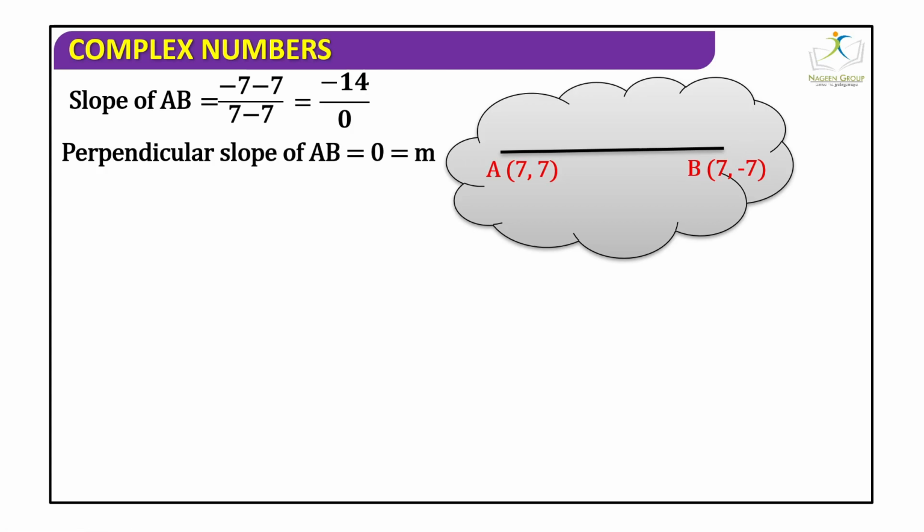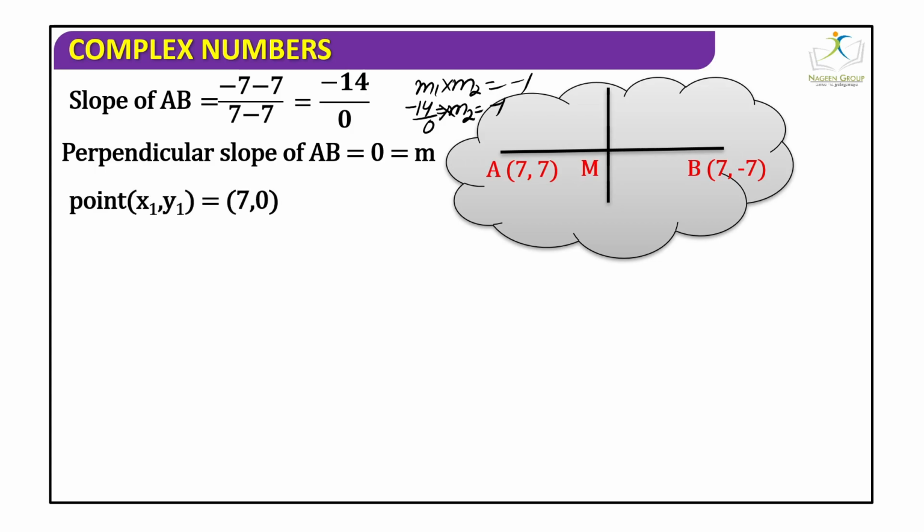परपेंडिकुलर, राइट? तो परपेंडिकुलर विल बी, ये परपेंडिकुलर जो होगा इनके ऊपर स्लोप का मल्टीप्लीकेशन किसके इक्वल होता है? -1, राइट? अगर AB का स्लोप ये है -14 by 0, तो m2 को कितना होना चाहिए? This will be equal to 0. तो m कितना आ गया? 0, राइट? Now here point is x1 y1, which is 7 0,